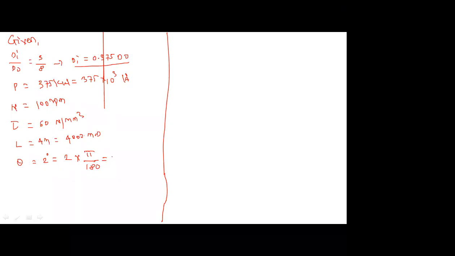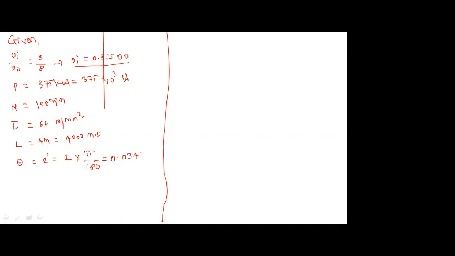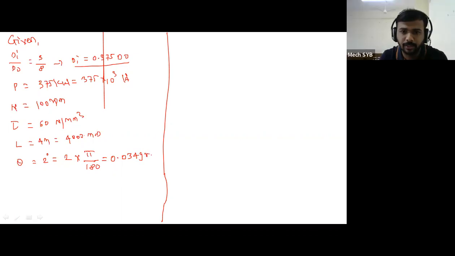0.034. Send me all values, all the digits. Only this much? 9. 90. You do not take 90, only 9 you take. 0.0349 radian. Then value of G,